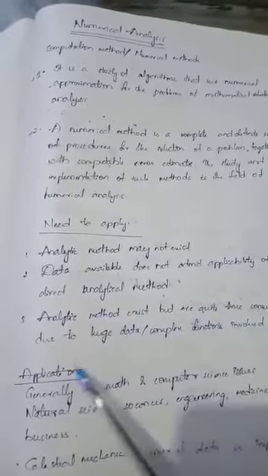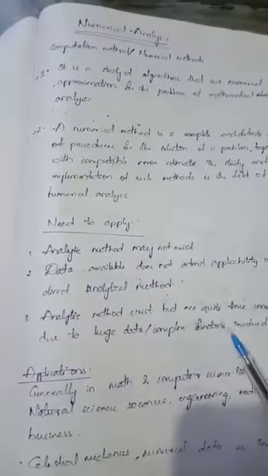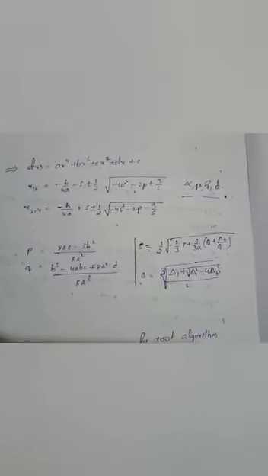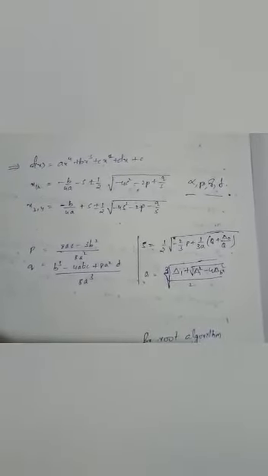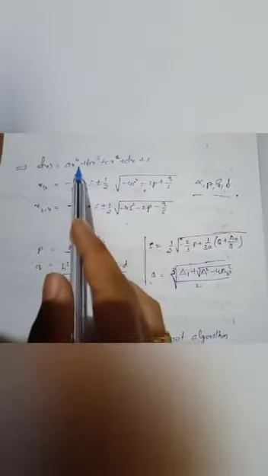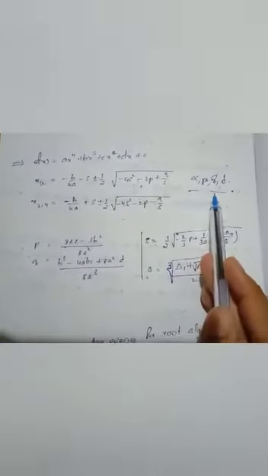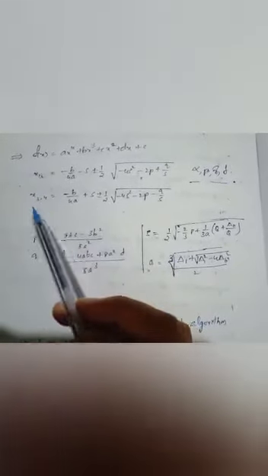The third reason is that the method exists but is quite time consuming due to huge data or complex functions involved. Even if we have both the formula and the data, sometimes it is difficult to find the solution of a problem because it consumes a lot of time. For example, there is an equation f of x which has a power degree 4. It means it has 4 roots, alpha, beta, gamma and delta. To find those roots, we have two equations, x12 and x34.